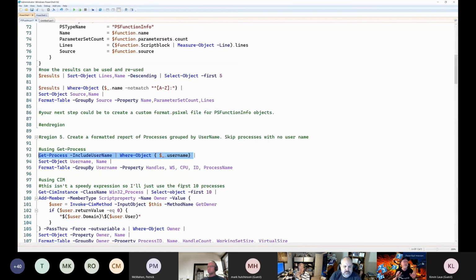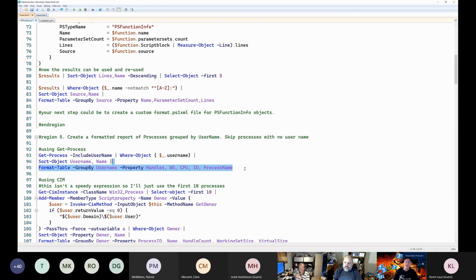If it could have been a blank line or a series of tabs or something else, that's a different story. And in that case, you would want Where-Object to have null on the left, and then you would have to do something else, a comparison. But in this case, I know what that property is going to be, and this should work. So I can then sort on the username, and I'm doing a secondary sort on the name of the process,